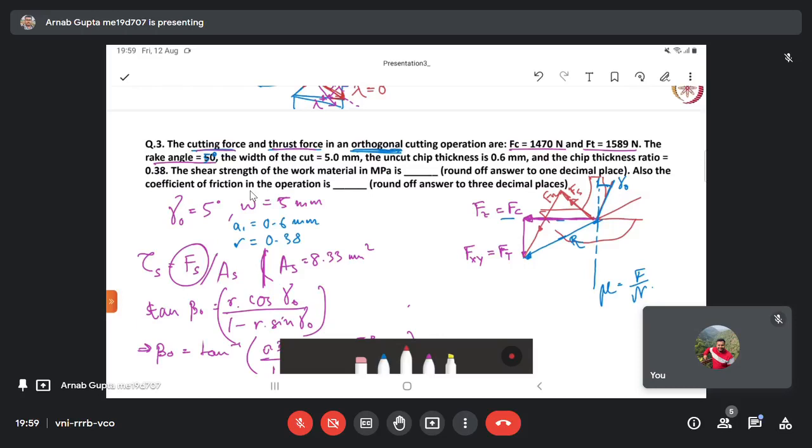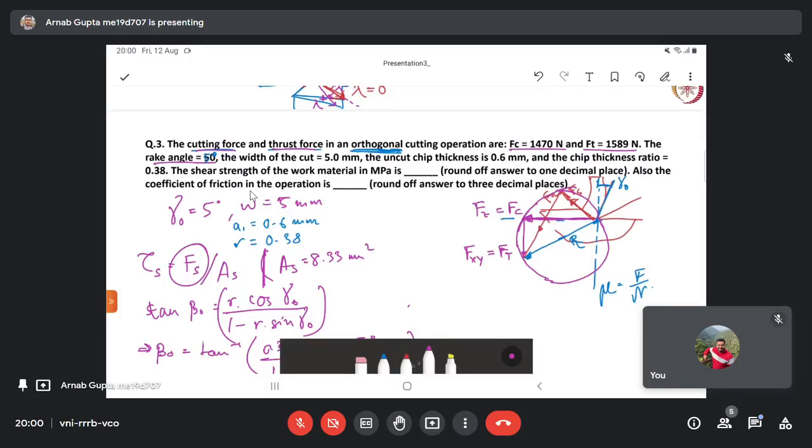Okay. So don't confuse this with the normal force that is acting on the rake face. Now simply if you draw a circle joining all these intersection points and keeping this R as the diameter, then you will arrive at this Merchant circle. Sorry, I'm not able to draw a proper circle here. Anyway,